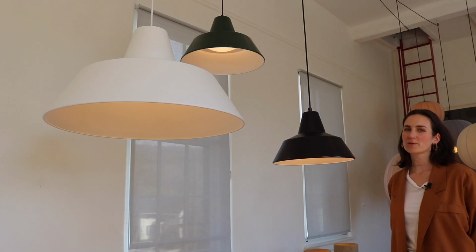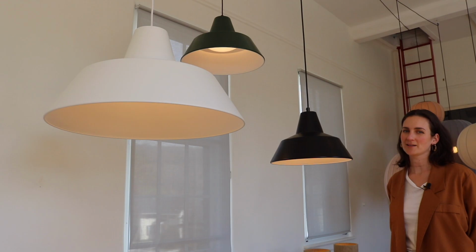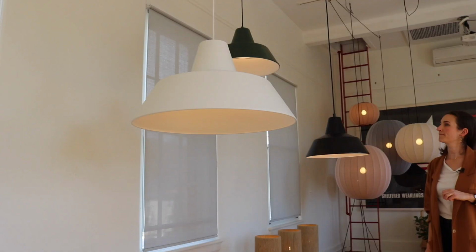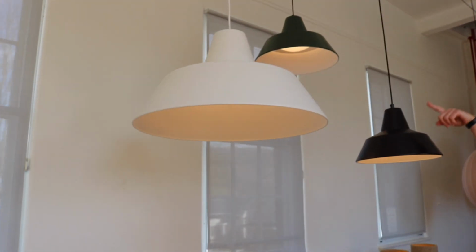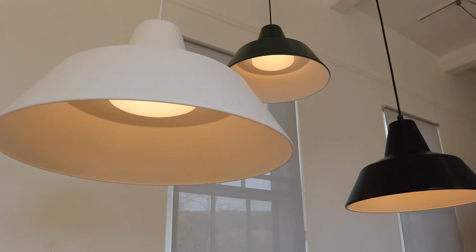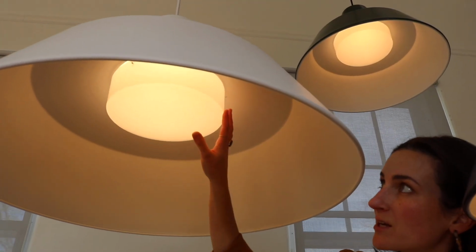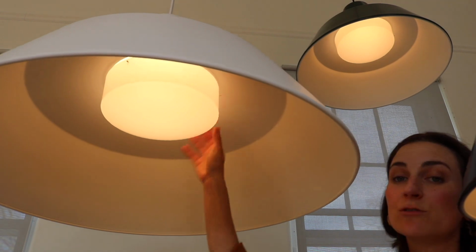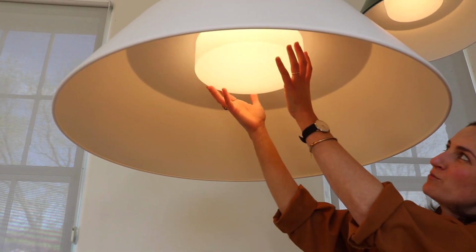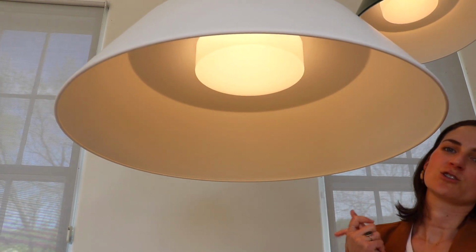This is the workshop collection designed by Vidal Madsen. It comes in 5 sizes. This is the biggest guy at just over 32 inches diameter. 4 colors, the white, racing green, matte black, and also a beautiful wine red color. So one of the design elements that we love the most with this light is the diffuser to help break up any harsh light. And it's very easy to remove when you need to change the bulbs, which is a